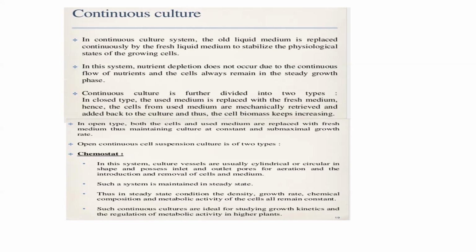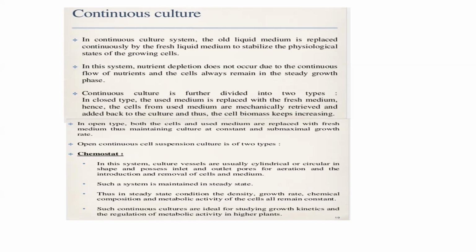They will not grow exponentially. After an exponential growth, you have to come to the stationary phase. Only then will the secondary metabolite production start. So to keep the cultures in the stationary phase itself, you have to minimize the amount of a particular important nutrient. So the cell will remain in a stationary phase. It will not grow. In that phase itself, it will continuously produce secondary metabolites.